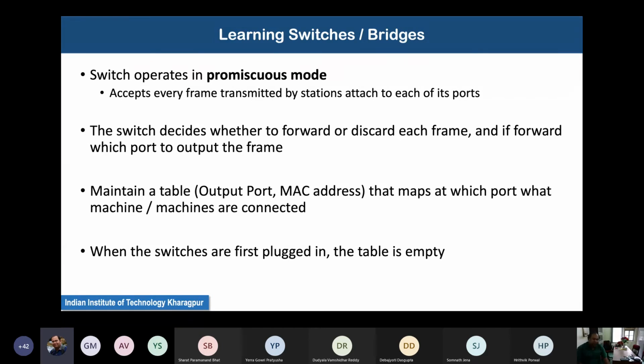It keeps on accepting all the packets coming to its interface. Then the switch decides whether to forward that frame or discard it, and if it wants to forward the frame, to which port of the switch. That is the kind of decision the switch needs to take.